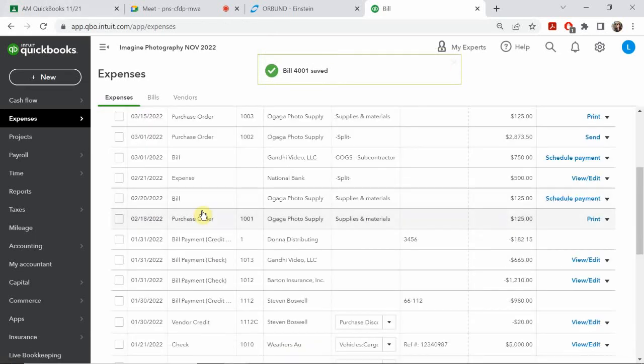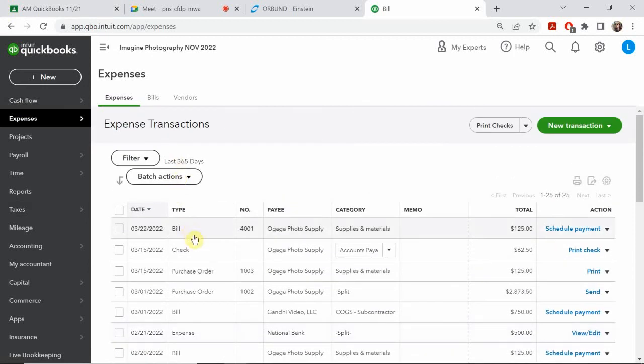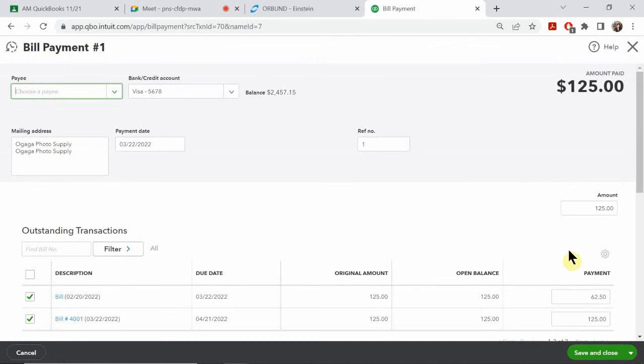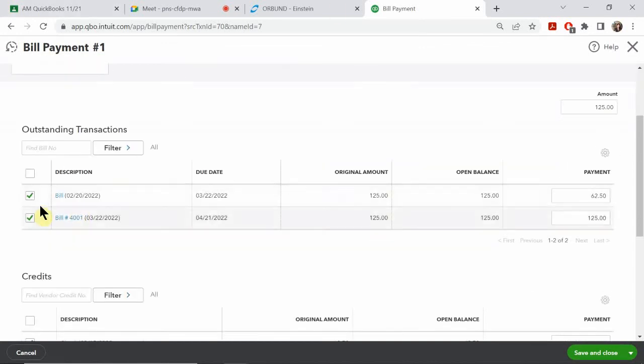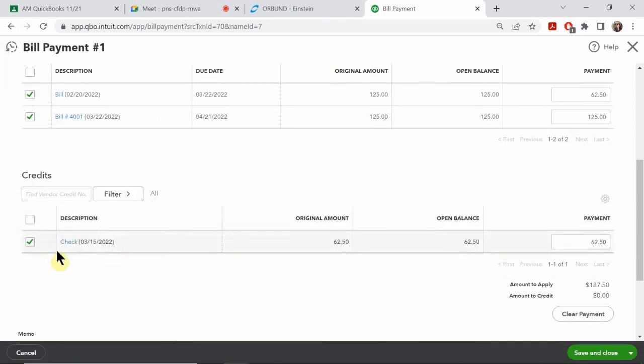So then on their end, now that I billed Ms. Vasquez, right, $187.50, they're just responsible to pay for that off. Now, in this case, if I choose to pay off the bill, right, because I've already done my vendor credit, so here's my bill for $4,001 for the Ogaga supplies, right, for $125, it gives me the option to schedule the payment, or I can mark as paid. So what's going to happen is, now that I pull this up, I have that bill for that $4,001 for the $125, right? And I'm going to go down to credits and apply that